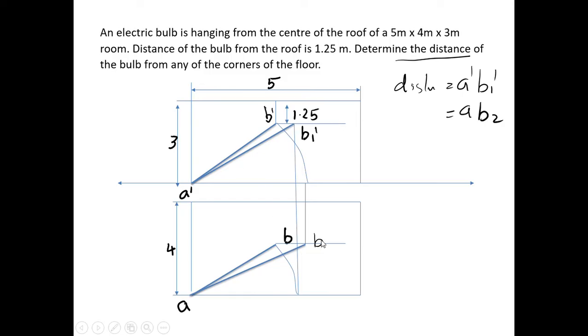So this is the point B2. Okay, so first, either you can do one thing: you rotate A dash B dash, with A dash as center and A dash B dash as radius, and draw an arc up to the locus of A dash, then drop that to the locus of B. This is the point B and this is the point B2, so you can get the point B2. Connect A to B2, and you can get the true length of that line.